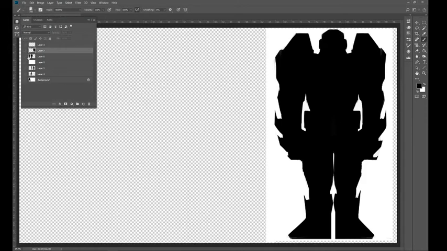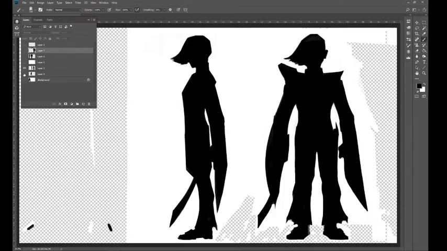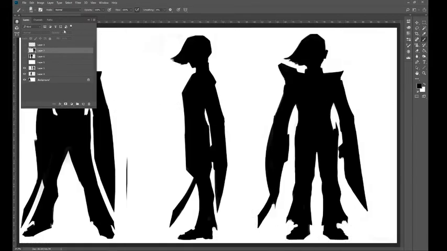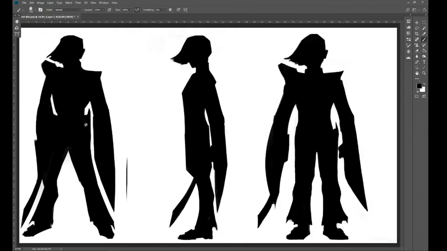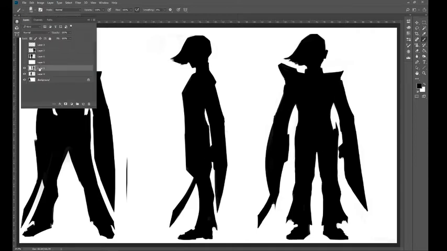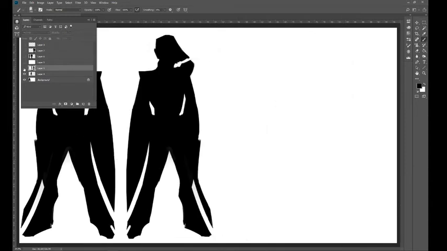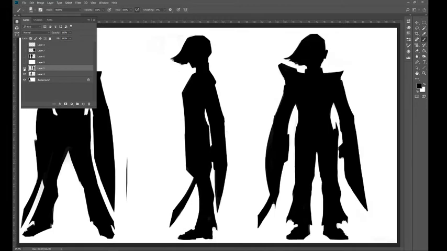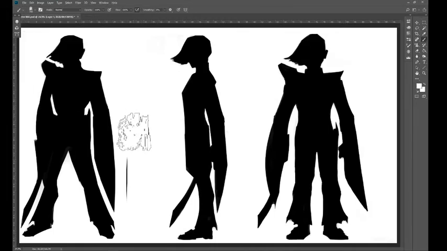I did some other ones. They're not that great. I kind of like this one because it's got a neat little pose to it. I did a straight on and a profile again. I kind of liked just building off of those giant shapes. Oh, I see what happened here.